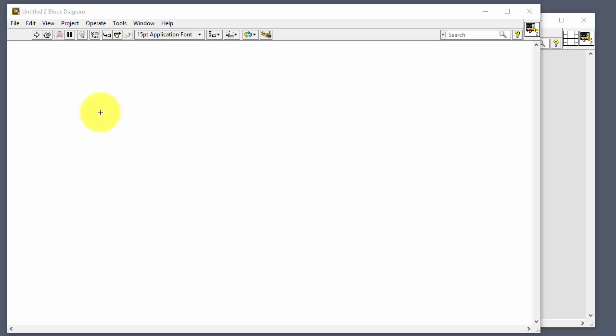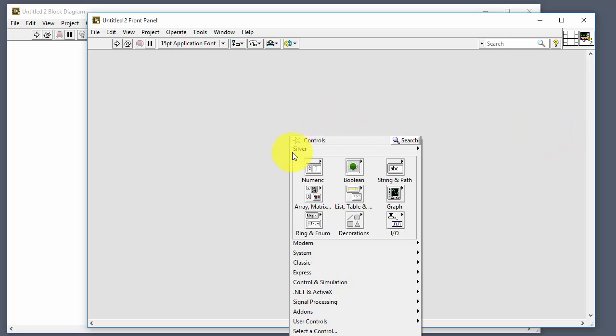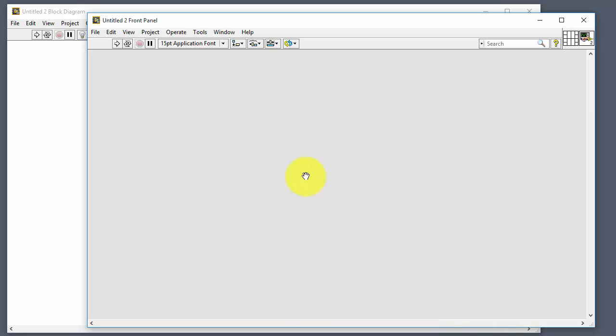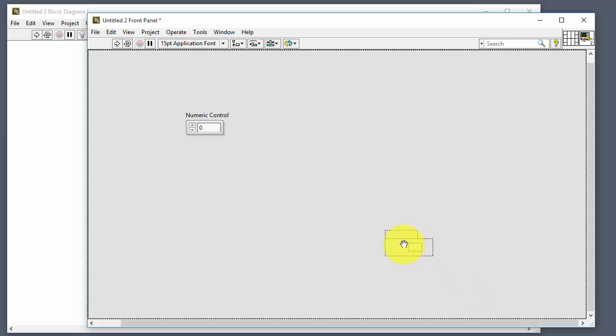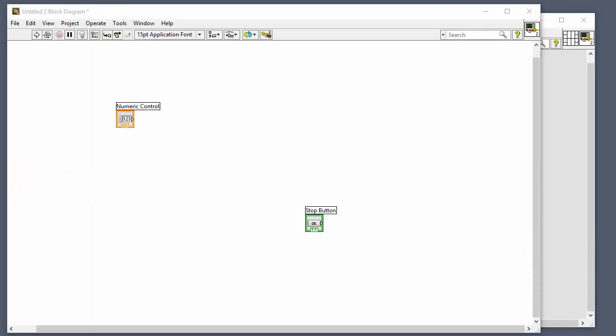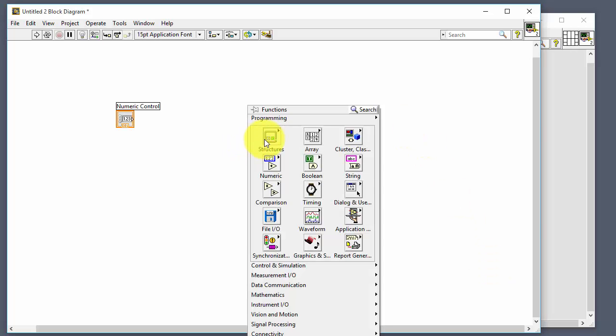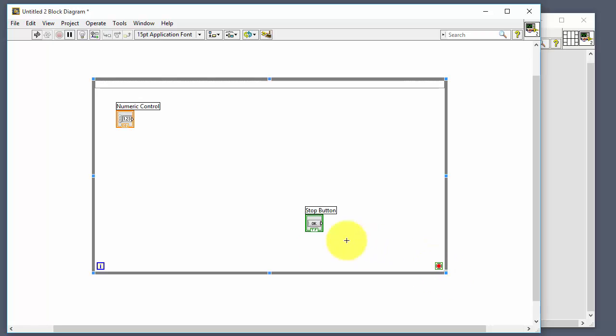So in LabVIEW we just create a new blank VI, and then we have the block diagram and the front panel. So let's start with the front panel. In this case we just need a numeric control. We need the same stop button, and then we can go to the block diagram. We create a while loop like this, and then we wire the stop button to the loop condition here,